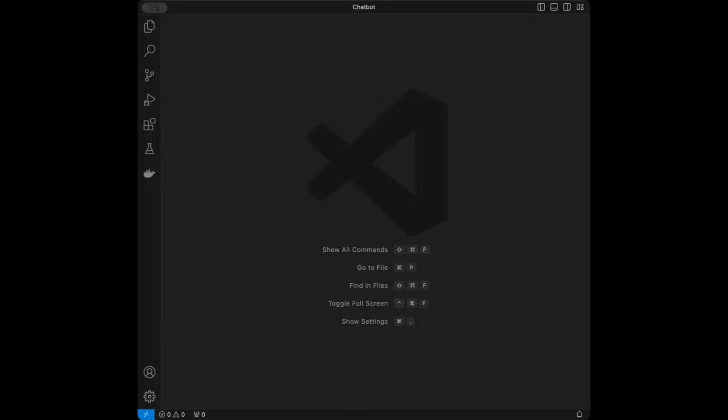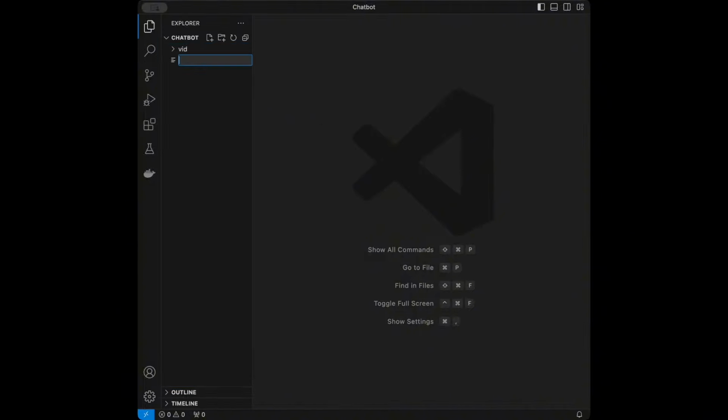Let's start coding. So I'm at VS Code right now. You can use any code editor that you want. I prefer VS Code, but you can use Spyder, Google Colab, PyCharm or anything that you want, it doesn't matter. We are going to create this chatbot on Jupyter Notebook because I want to explain every step clearly. So let's start by creating a Jupyter Notebook, like let's say